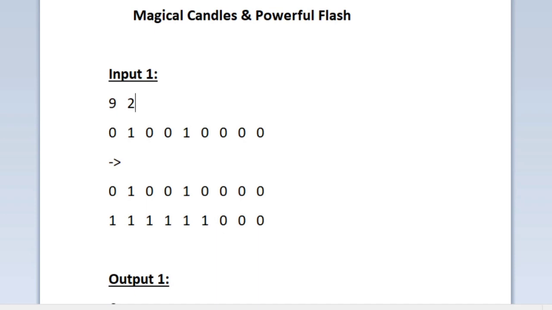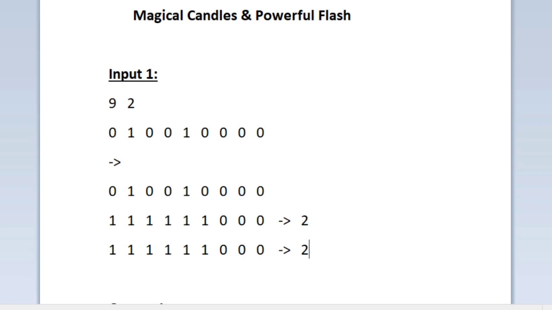So now the time taken for this to happen will be 2 seconds because x is equal to 2. So in the first 2 seconds, these many candles will be turned on. So now we have to calculate the total time until all the candles are turned on. Here the first candle is turned on now. So the first candle can turn on the second candle as well as the last candle because the candles are present in circular fashion. So now let us calculate the candles that will be turned on in the next iteration.